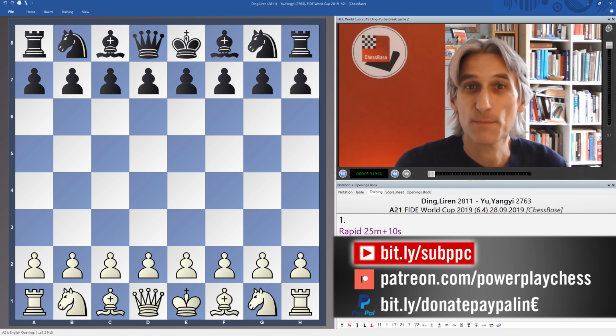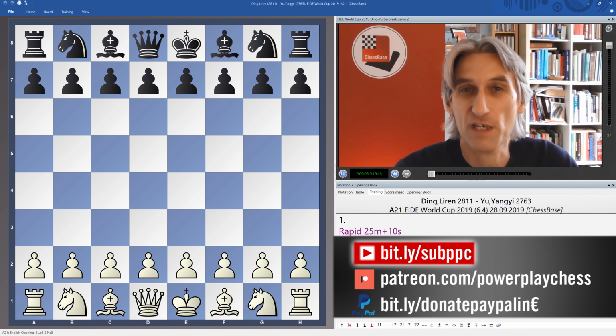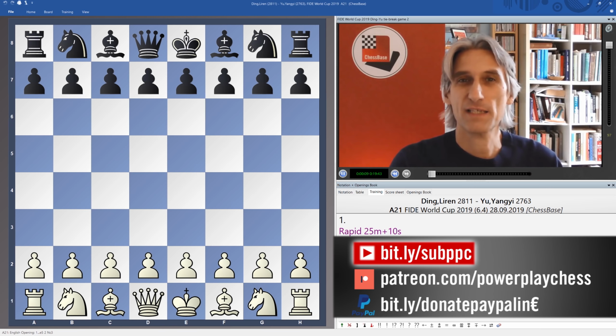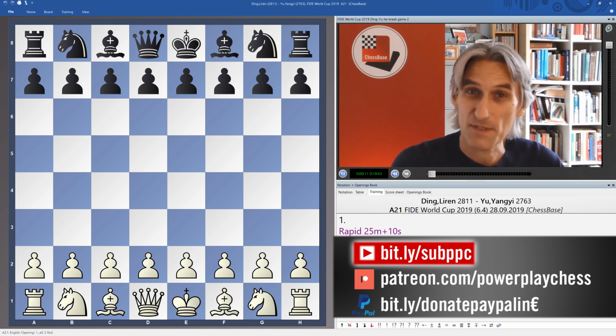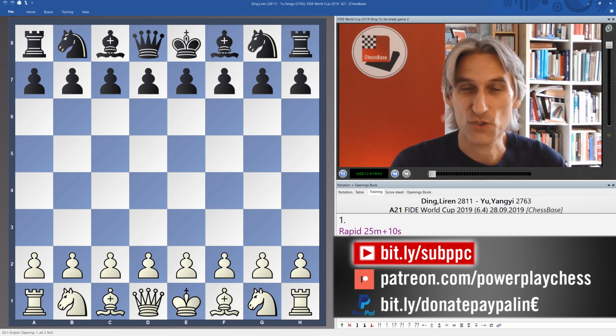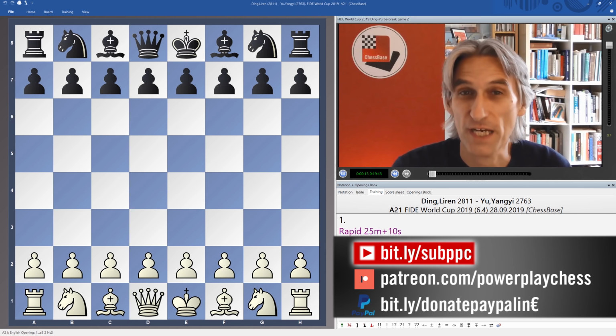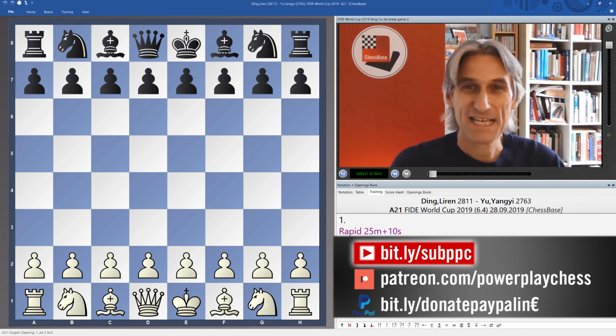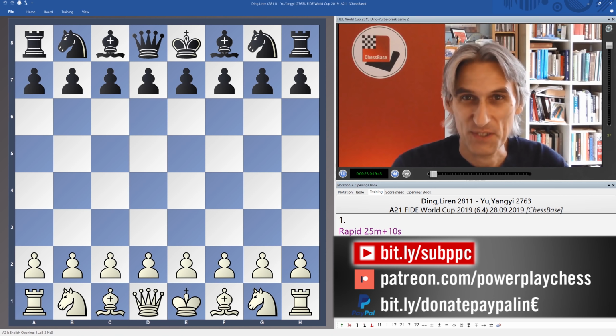Yesterday we saw Timur Dyabov qualify for the final of the FIDE World Cup, and today we had the tiebreak in the other semi-final match between the two Chinese players, Yangyi and Liren. So what we're going to do is I'm going to show you the second rapid play game between these two